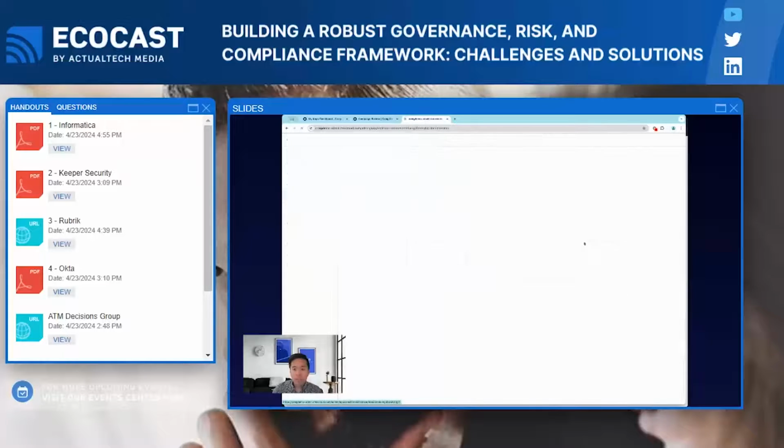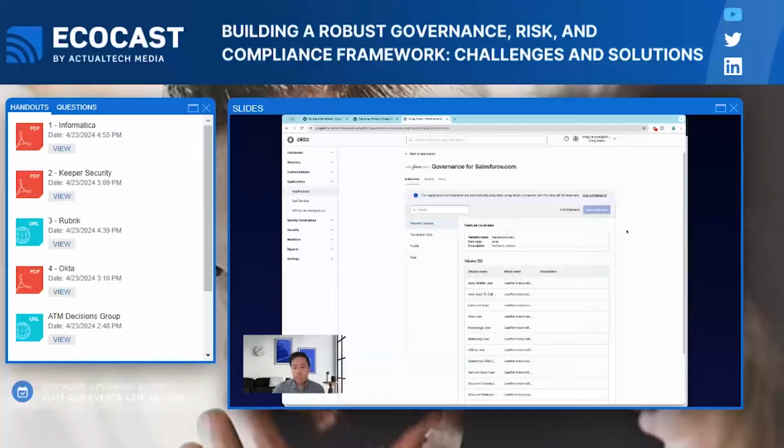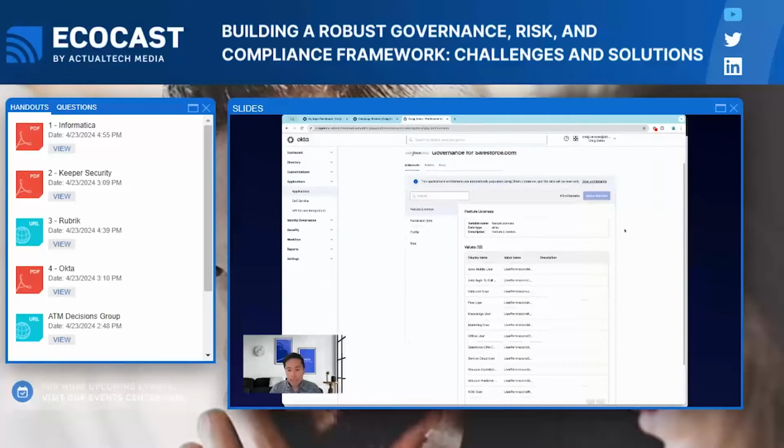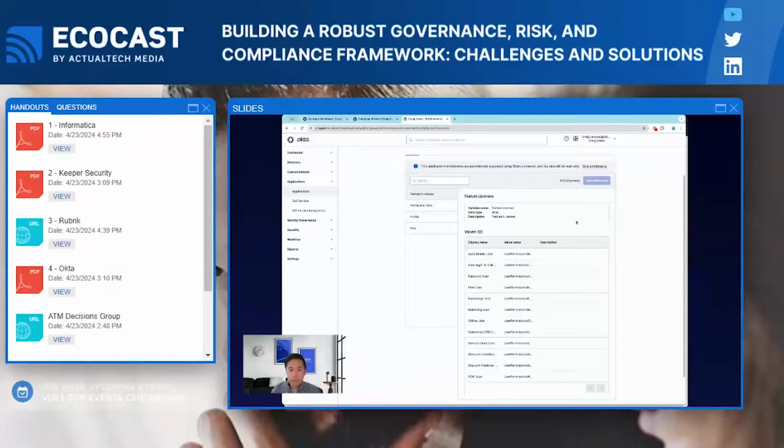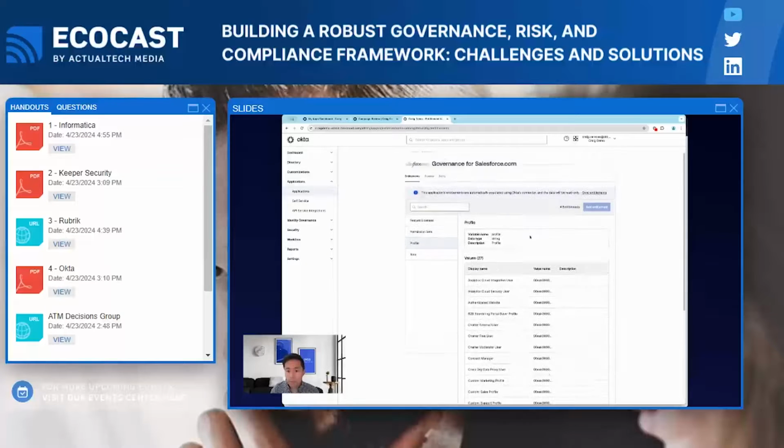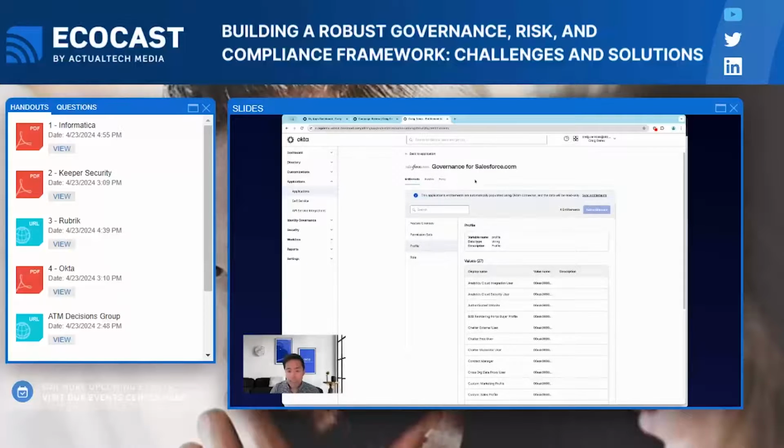As you can see here, this out-of-the-box connector allows me to pull in all of the permission sets, profiles, and licenses from Salesforce and put them into their own category, right? We can have the profiles that are here, and we can assign these out. Now, they can be requested via an access request, or more importantly, in the joiner, mover, or leaver flow, we